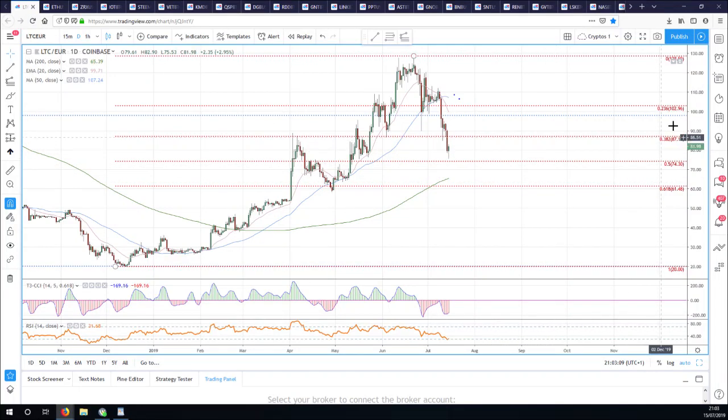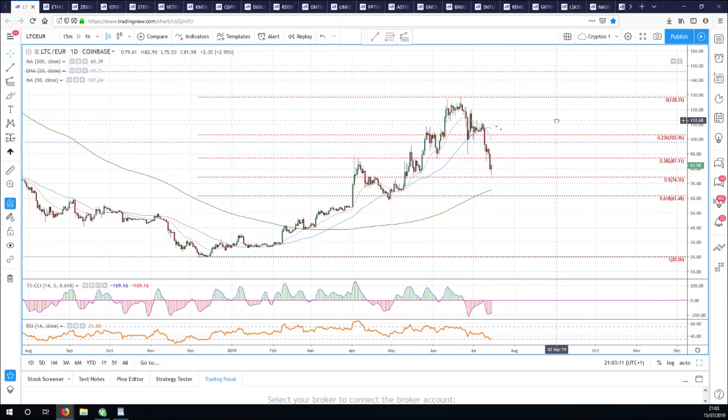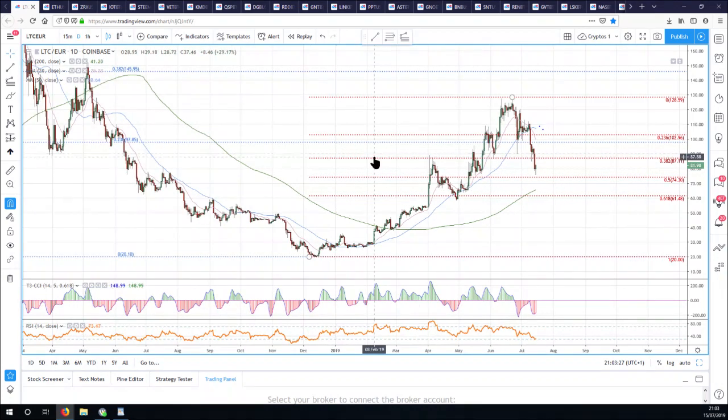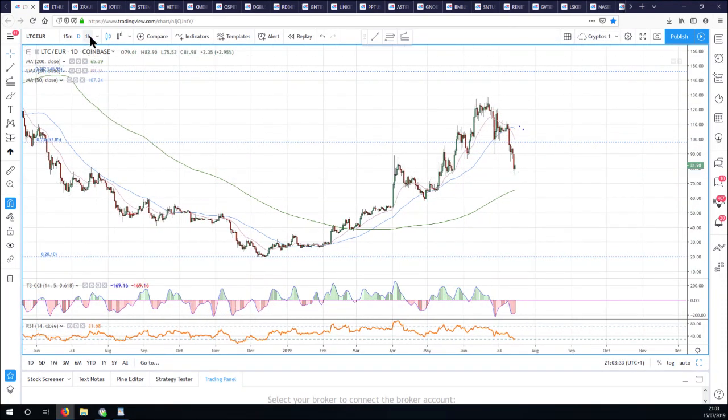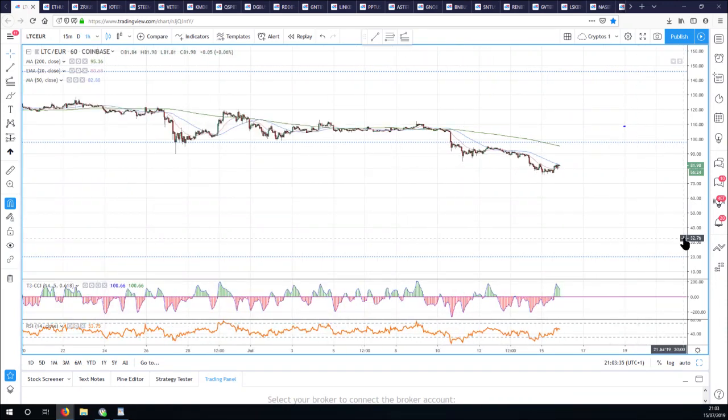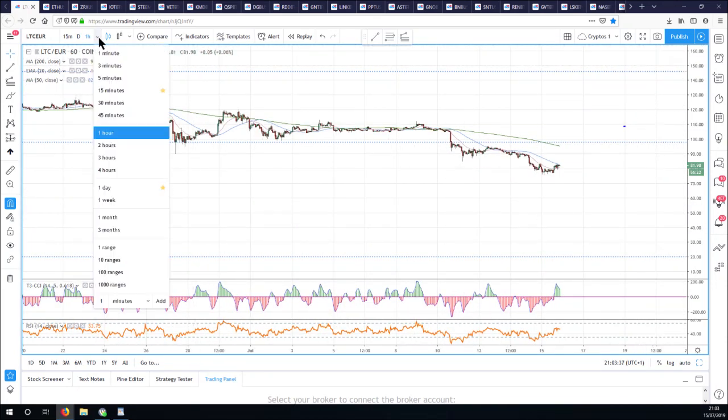I often think with Litecoin, it used to be the other way round. When you looked at ETH dollar and ETH euro, the ETH euro chart always used to work. But when you looked at Litecoin dollar and Litecoin euro, the Litecoin dollar chart was always the one that worked. And so I feel like even if you trade this in euro, you should look at the chart patterns in US dollar, because the FX effects can really distort them.